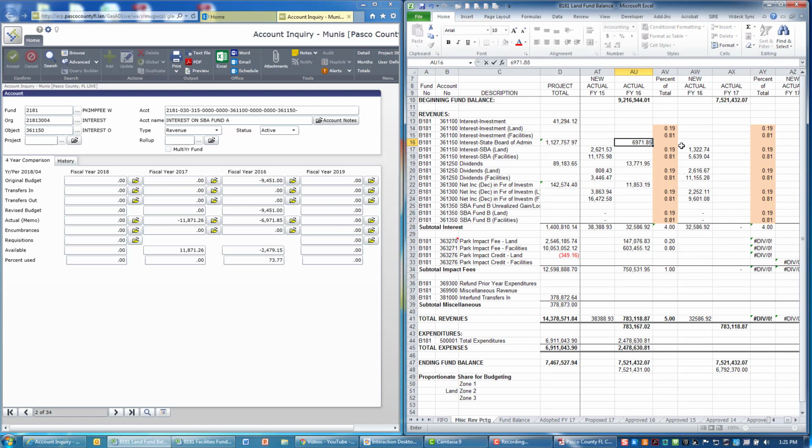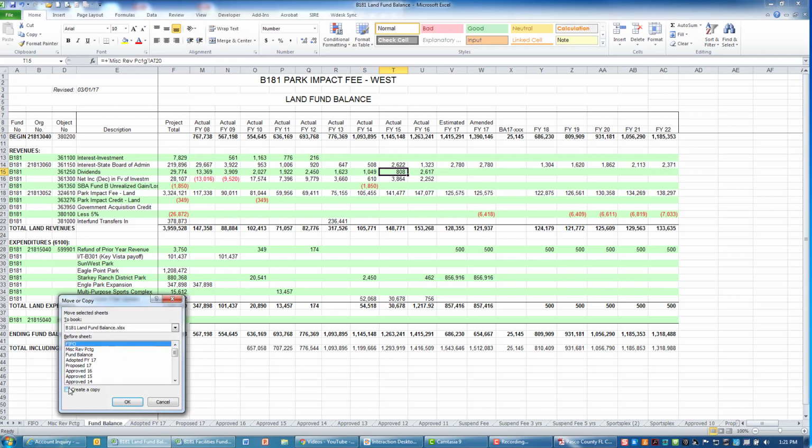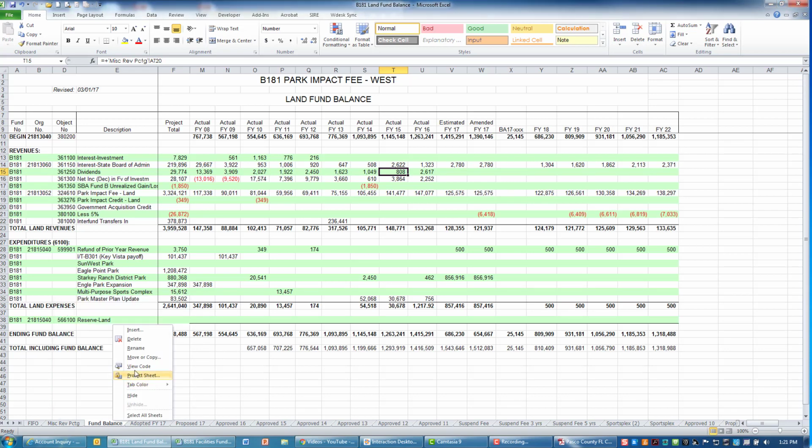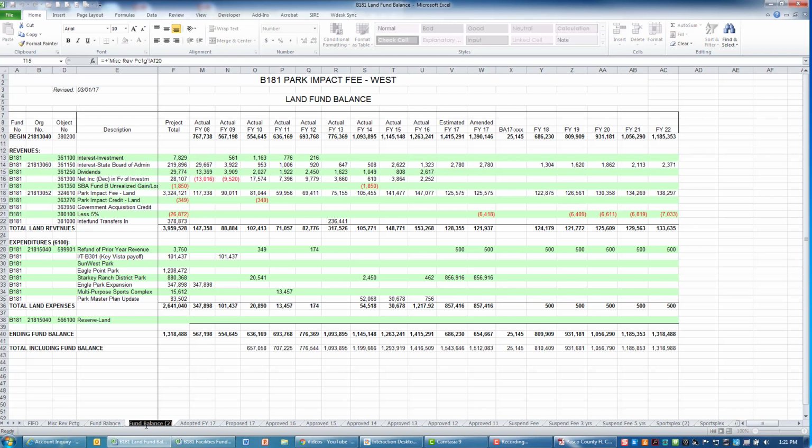Actually, before we do that, we're going to go back and preserve our FY18 file, because all of these files are linked back to the miscellaneous revenue percentage tab. So I'm going to right-click on the tab, click Move or Copy, click Create a Copy, and we want to make an adopted FY18 file. Rename it adopted